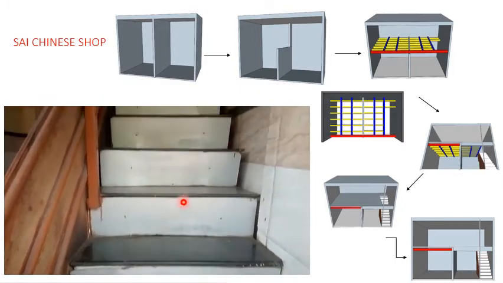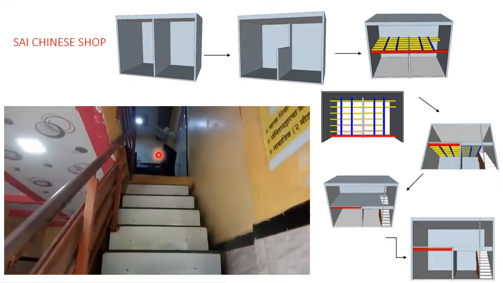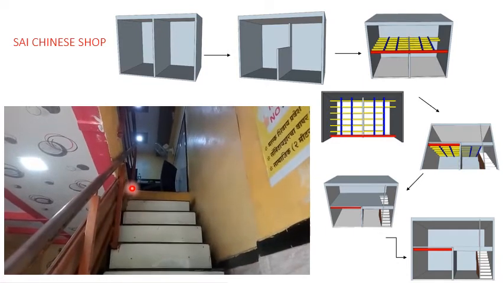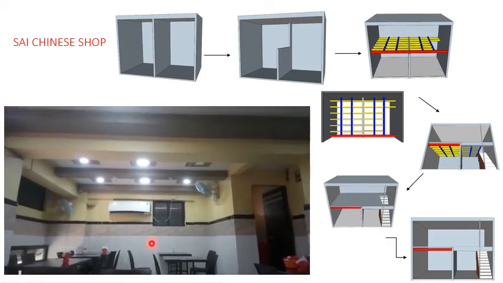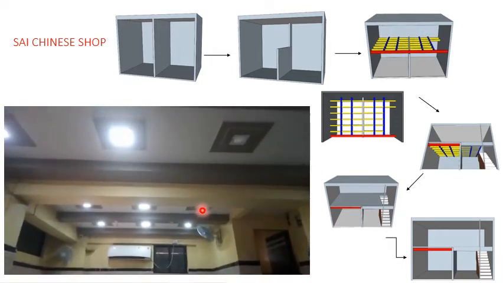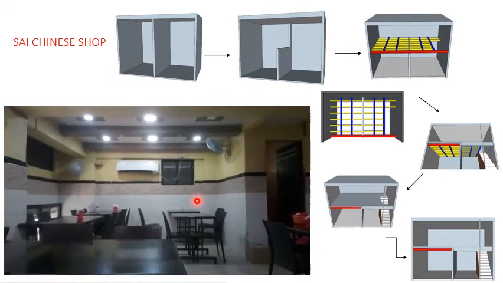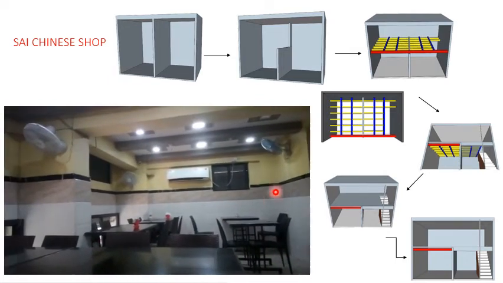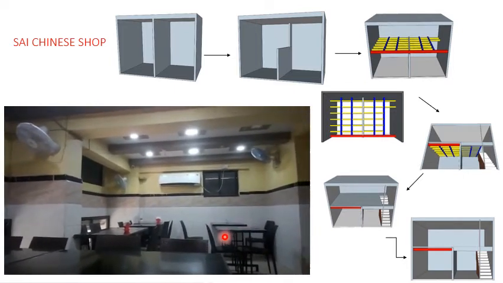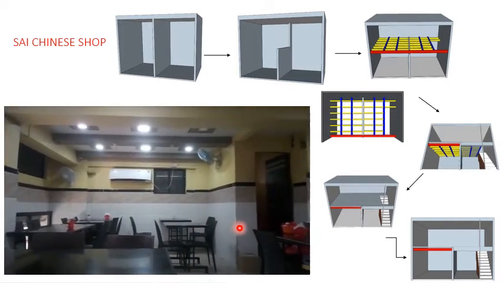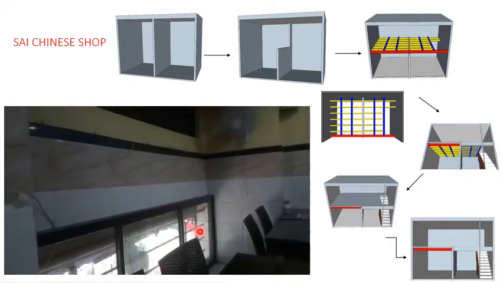Then we can see how the staircase is introduced here by the metal joinings, and here a usable space is created on the upper floor, with the ceiling also. If we look at this floor, we cannot tell whether it is remodeling or if there is no change, but it is a remodeled space.